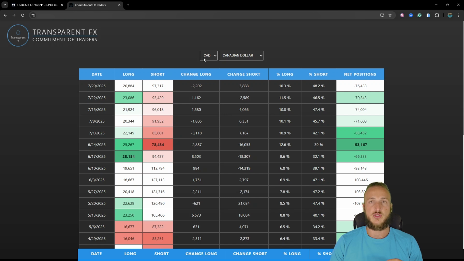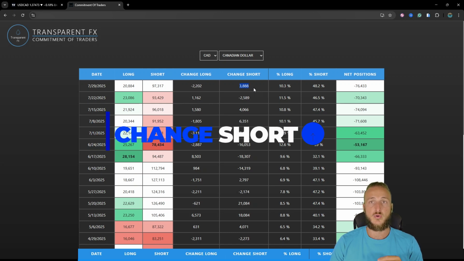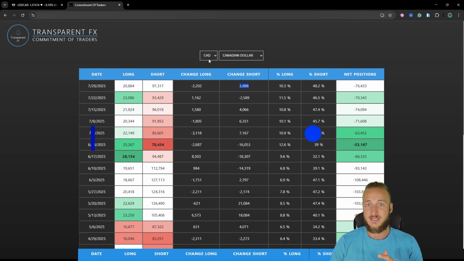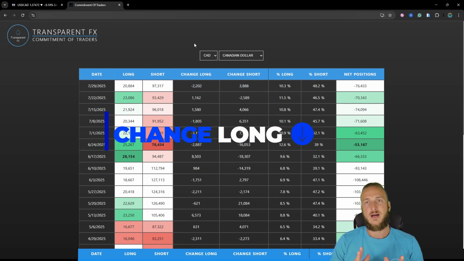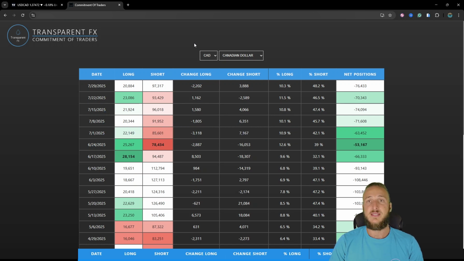But if we want information on USD CAD, we simply have to reverse everything. And what we can see here is that we just had 3,888 shorts added with the last report, making the CAD weaker. And at the same time, 2,000 longs getting closed. So as institutions are adding shorts and closing longs on the CAD, this means that USD CAD is being longed and bought on the institutional side of the market,